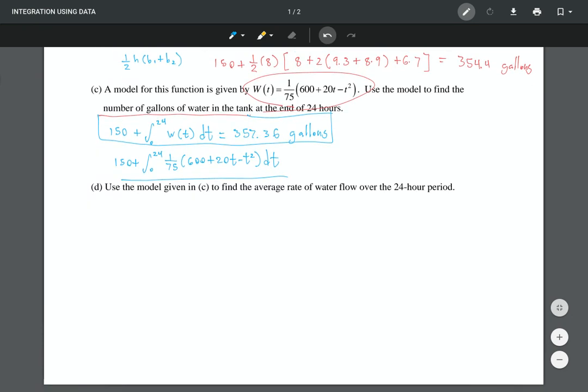All right, moving on. So now we're going to use the model given to find the average rate of water flow. Okay, so this is one that people really overthink, okay? But here's the deal. There are two ways to do this. There's really two ways to do it, but there's only one way to do it, really. What we're going to do here is remember, when you hear the word average rate of something,